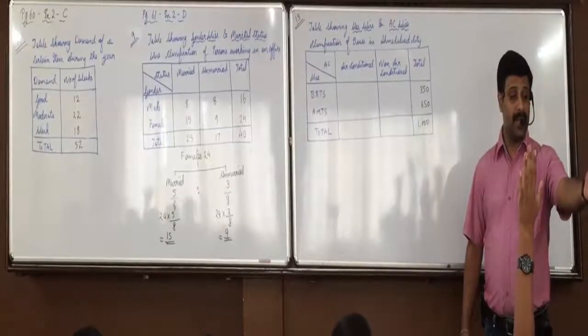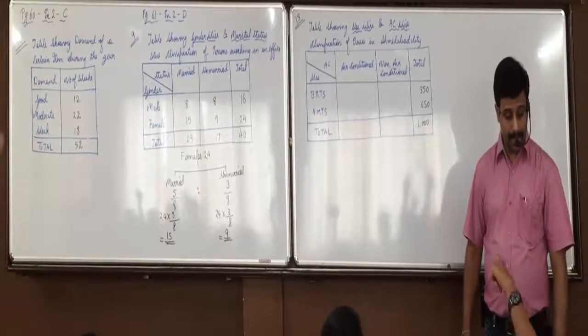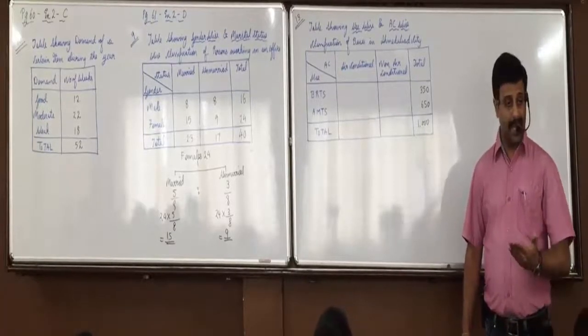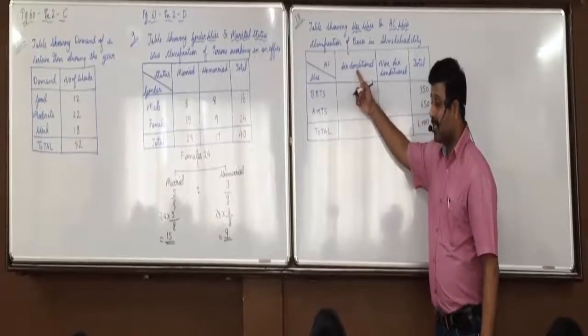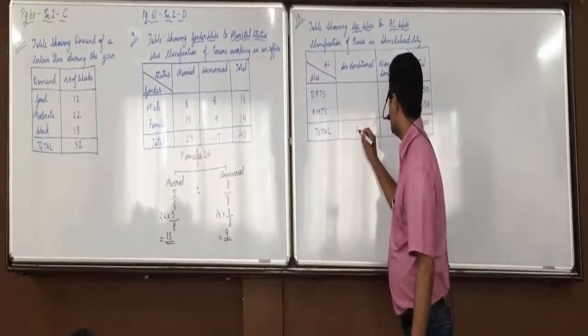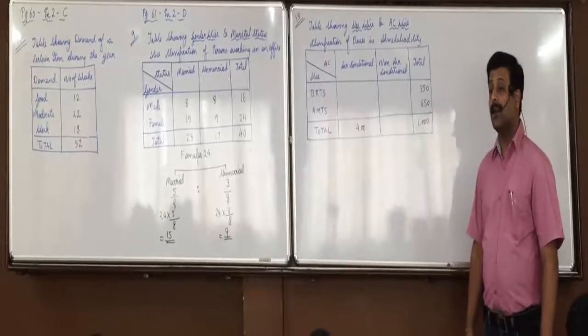Read the sentence. You have the textbook? Yes. I said yesterday that I will be starting with statistics today. Total 400 air conditioned buses, so for air conditioned total you will write 400. Any confusion in this? Then,